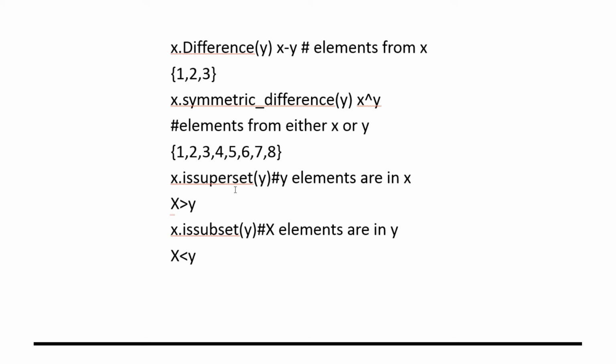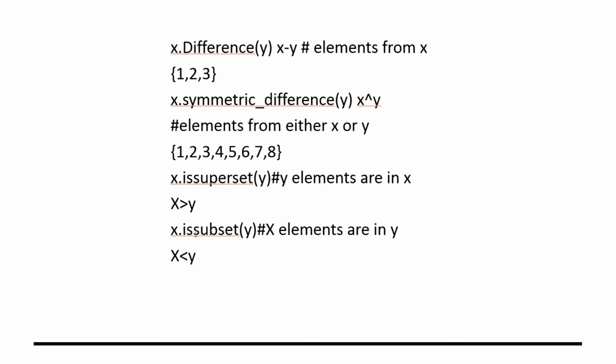Then now we are going to see the superset operation. Here x is a superset of y, so obviously y is going to be the subset. X is the superset and y is the subset of x. So the value of x is greater than y, because x is the superset. It will have more elements in the x set. Superset means it should have more elements. Here I am declaring x as superset. So yes, the value of x is greater than the value of y, since y is the subset here.